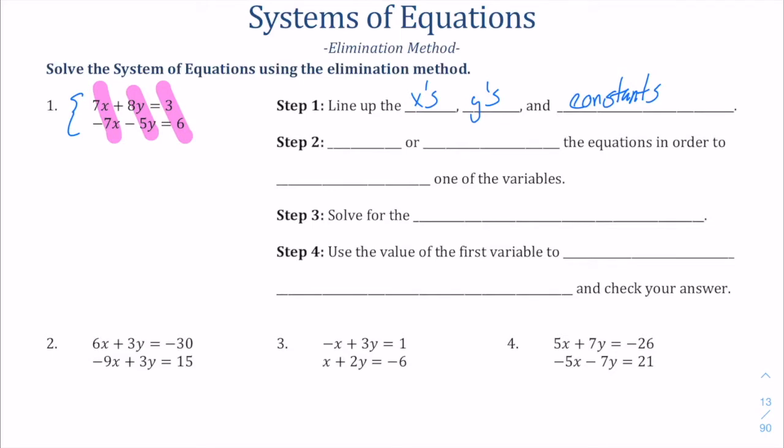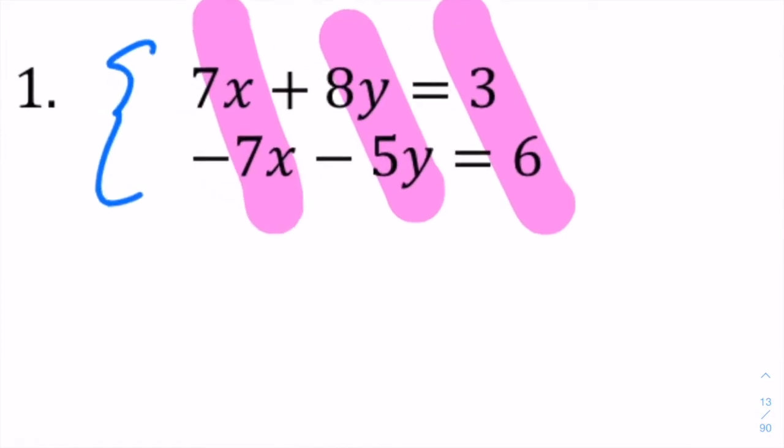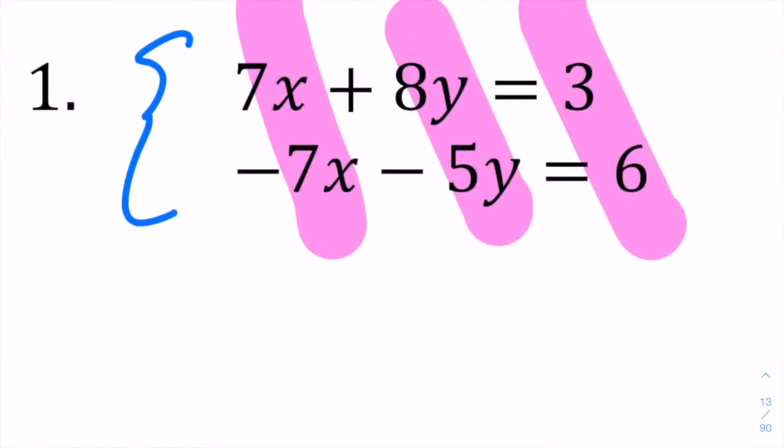Now we're going to do something that's very unusual and unique. We're going to either add or subtract the equations in order to eliminate one of the variables. So what does that mean? If I look at these two and use the little pink highlighting marks to almost create three different addition problems here,